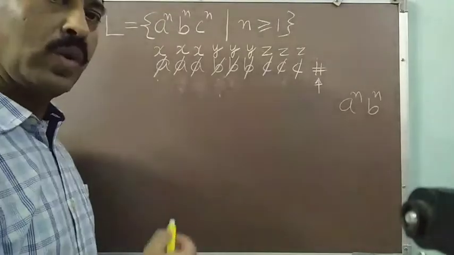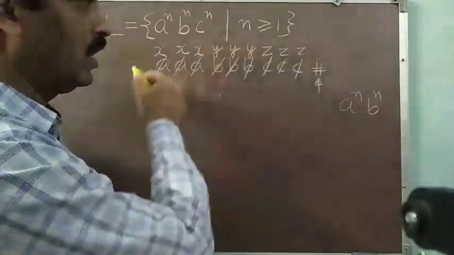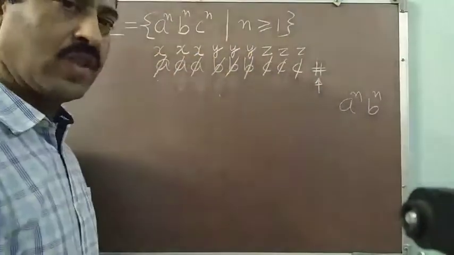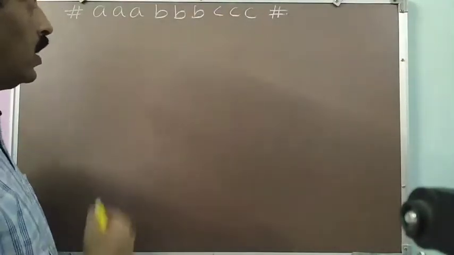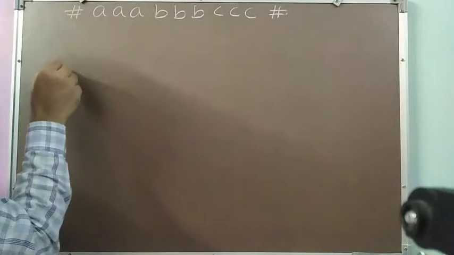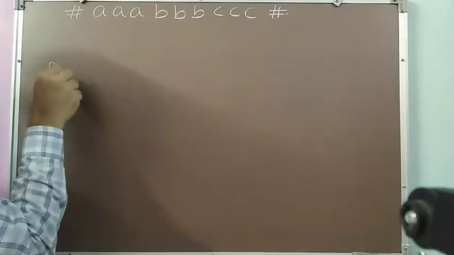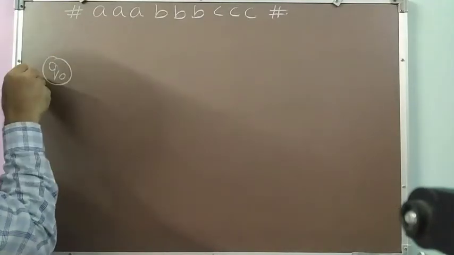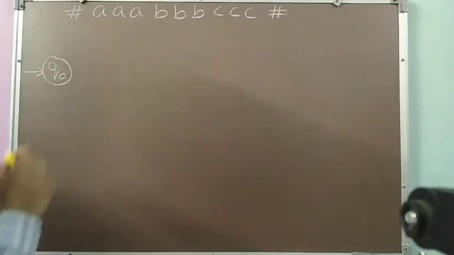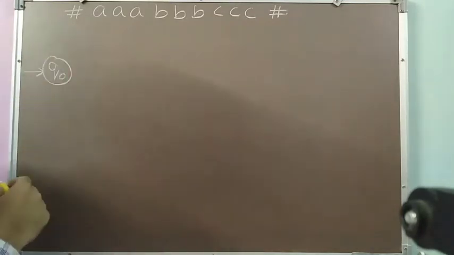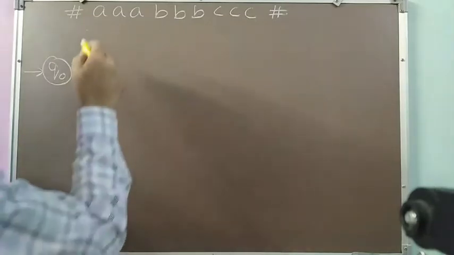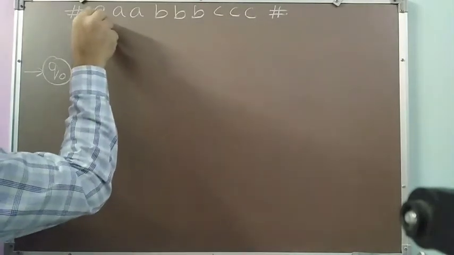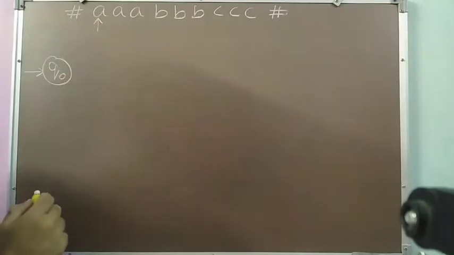Now I will be coming to the design of the Turing machine, following the same strategy which I have just described. I will start designing my Turing machine with the initial state, the start state, that is Q0. The aim of this start state is to find the leftmost A. I don't have to do anything to find the leftmost A because my read-write head will be placed on the first symbol of my input, that will be the leftmost A.